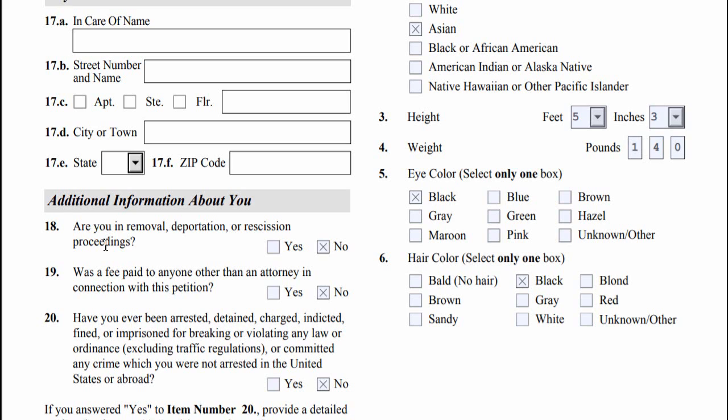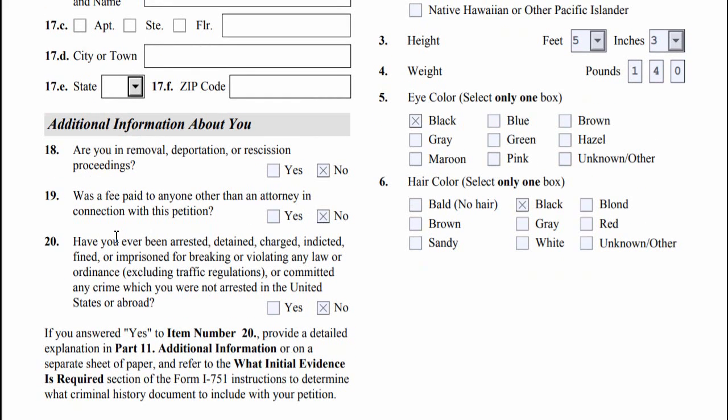Tip. If you're moving, you must notify USCIS within 10 days of your relocation by filing Form AR-11, change of address. In my channel, I also have a video on how to fill out the AR-11. Go watch it. After filing the I-751 petition to remove conditions on your green card, the I-751 processing time takes,